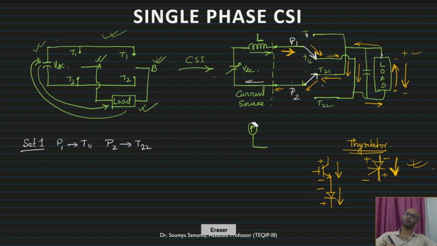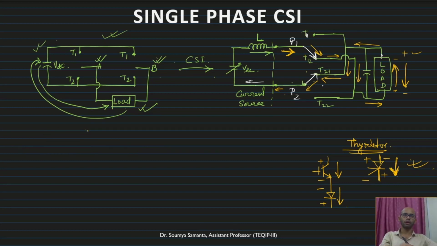Now let us realize the whole circuit, from the single pole double throw switch to a power electronics current source inverter for single phase. Now this is the current source. Next, let us draw with the thyristor only. This will be easier for me to draw. You just try with this switch.